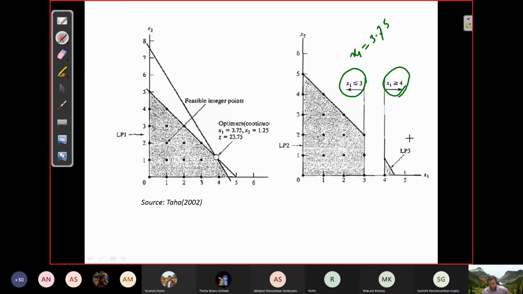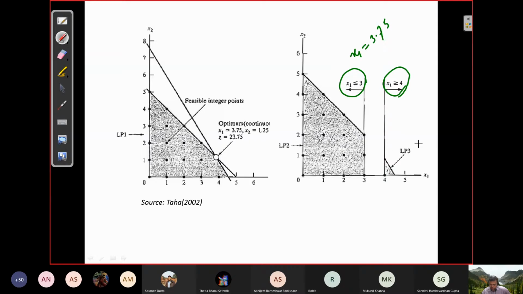We will solve each of these subproblems again as a linear programming problem, because we do not know how to solve integer programming. So essentially, the branch and bound method solves multiple linear programming problems and employs branching and bounding techniques in order to find the integer solution. As such, this method utilizes the simplex method, and solves solutions of LPs in order to find the integer solution. That is very important.